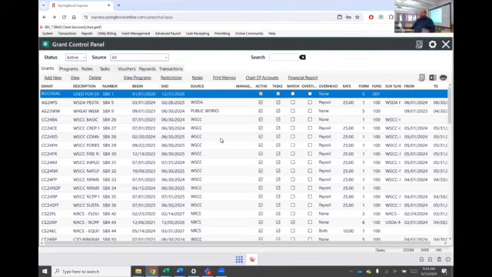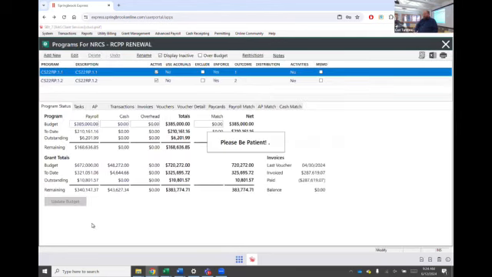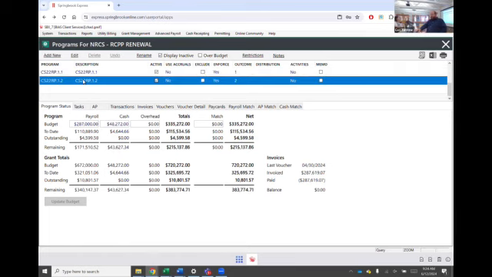Okay, grant module, fun wall of text. Underneath each one of these is your underlying programs and tasks. Each one of these can be set to enforce their budgets. They've got their outcomes listed. You can see you've got your 3 types: payroll, cash, overhead in terms of your budgets. Matches included here. And every single grant